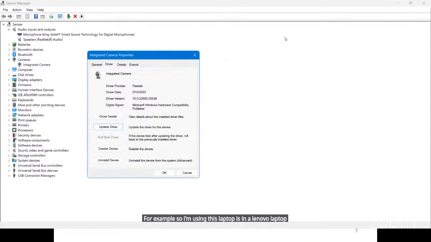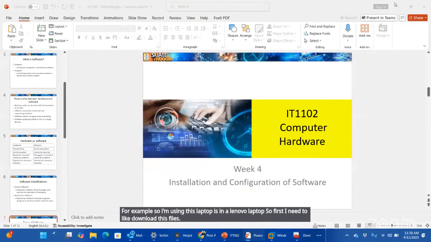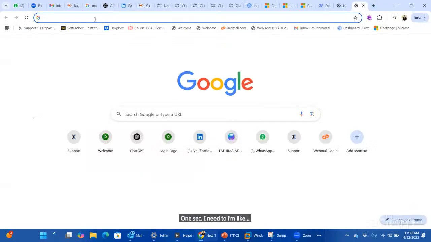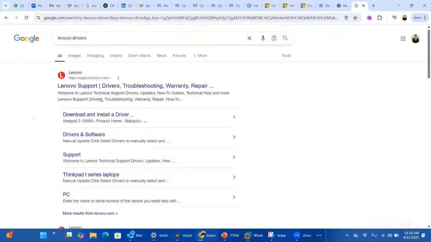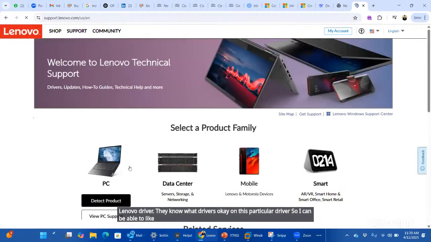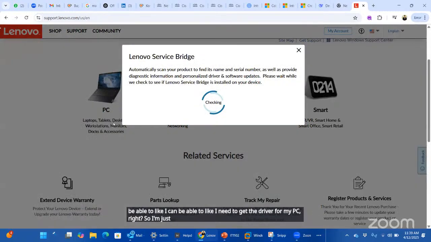So first I need to download the files. I'm going to the internet and typing Lenovo drivers. On this driver page, I need to get the driver for my PC, so I'm clicking detect PC.